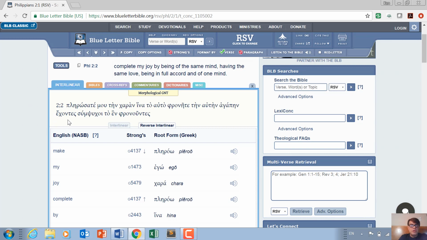But anyway, echontes, did you notice that -ontes is an active participle? So this is a straight old ech-, the stem is the present stem, nothing added to it, nothing taken away. So it's a present active participle. -ontes, nominative plural, masculine. So we have a present active participle, nominative masculine plural from echo. So having the same love. So fulfill my joy with the result that you think the same, having the same love,